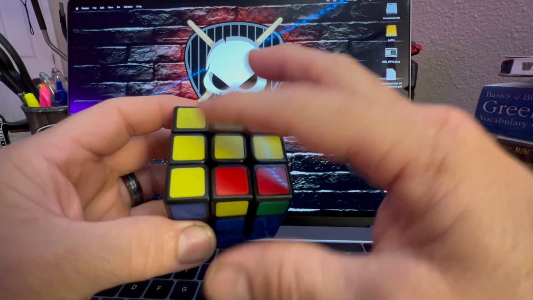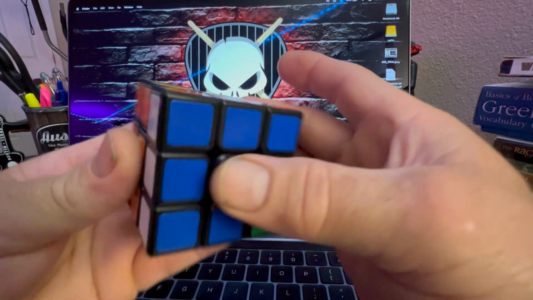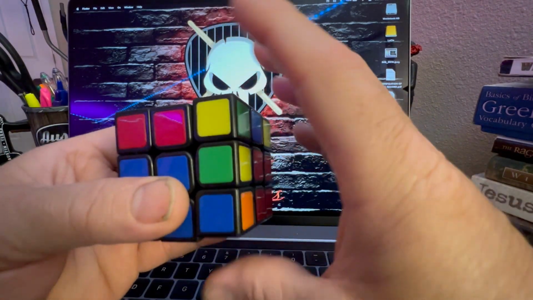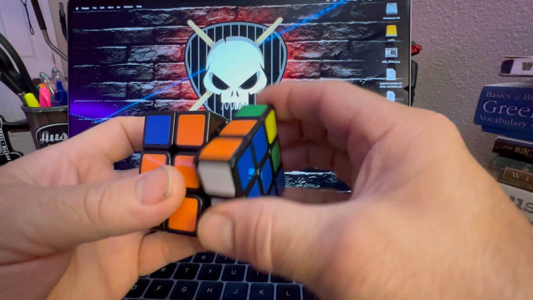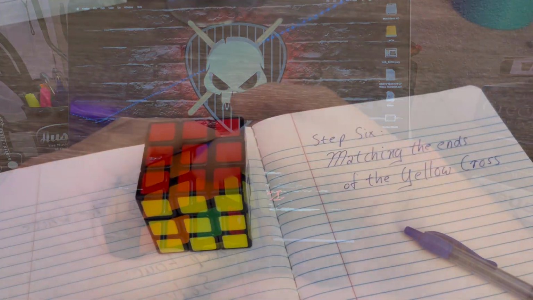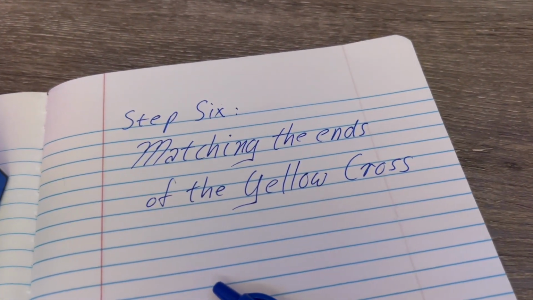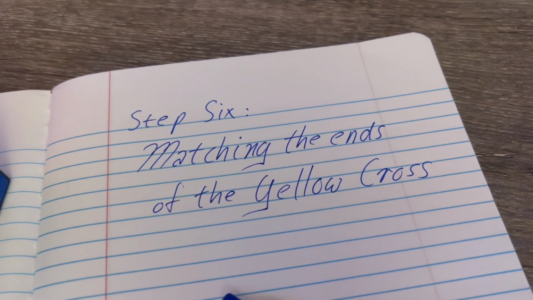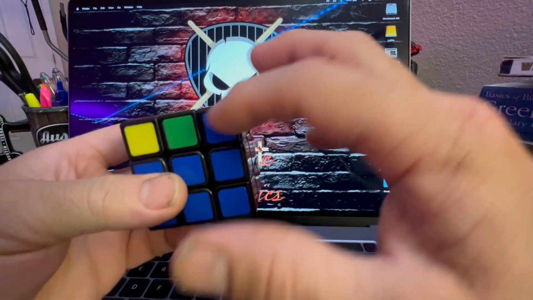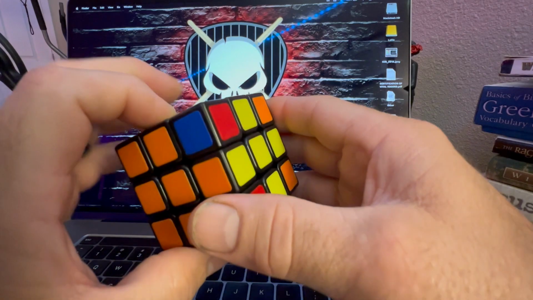And I'm going to leave that. I don't want to change that orientation. So I'm going to do the same thing again. Right algorithm. Clockwise, clockwise, counterclockwise, counterclockwise. Turn that back down. And now I have a yellow cross on top. And so now you want your corners, your end pieces, to line up, which is 90 degrees out,